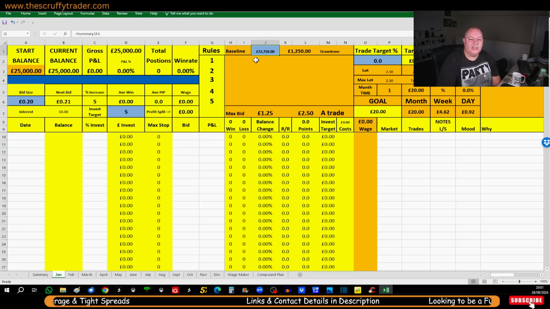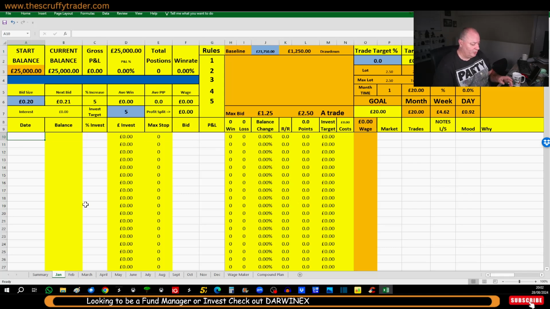Now this bit here is what's crucial. You can't let your balance get below that. So you've always got it in front of you when you're moving forward. But it also highlights how much drawdown you have available, which in this case is 1250. But if you sort of do a few trades, or for argument's sake, you did a trade today, put your balance in,